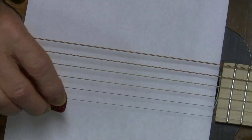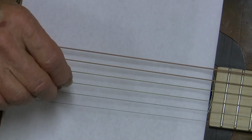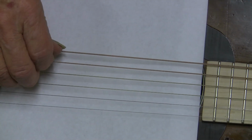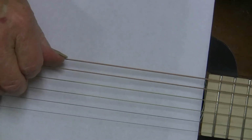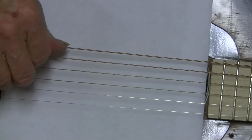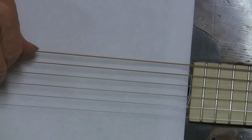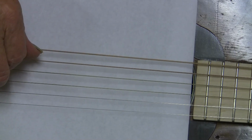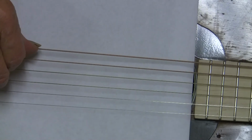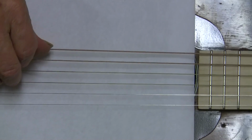I haven't used a flat pick in many years, but it'll come back because of the muscle memory. And if you are using nothing, you're going to get a lot of plucking out of your thumb. It's inevitable, and sometimes I'll make sure the strings are a little higher than the rest. But what I find is that if I play it correctly, it doesn't buzz. And plucking these strings, if I do this riff,